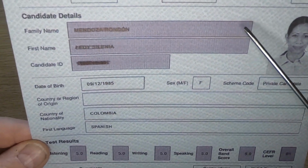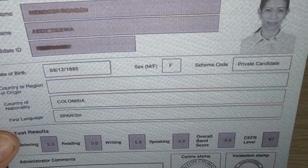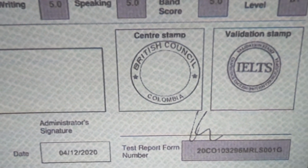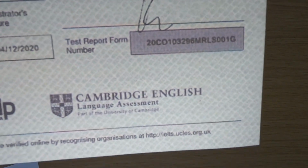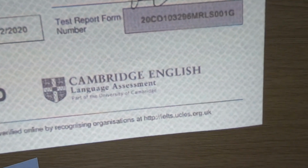You can't quite see it here, but the IELTS writing is okay. The stamp says British Council, but if you look closely, you will see there are certain details missing here. This code here at the bottom can be deciphered quite easily, but these four letters, where it says MRLS,